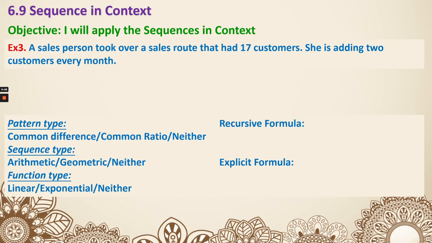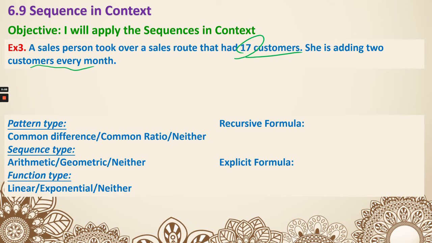Number 3, a salesperson took over a sales route that has 17 customers. She is adding 2 customers every month. So let's think about this. Even though we have the information about adding 2 customers, the person took over the sales route. So before the person even worked for 1 day or 1 week or 1 month, she already had 17 customers,